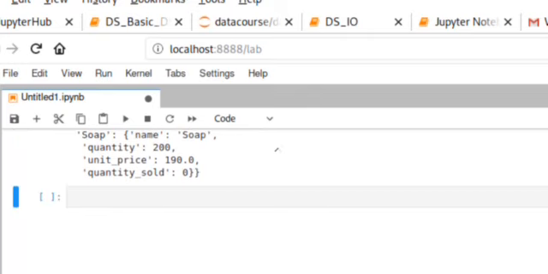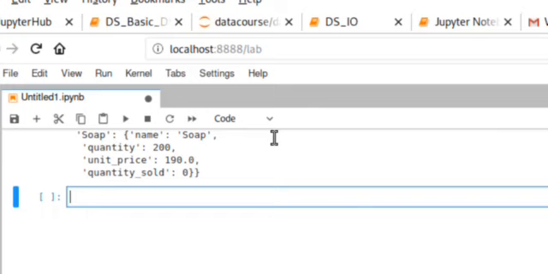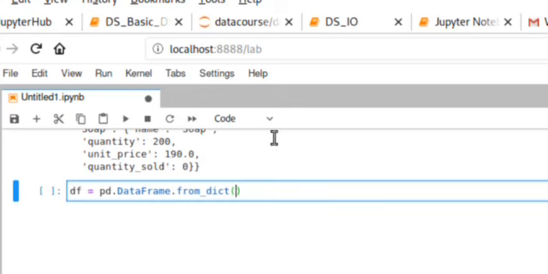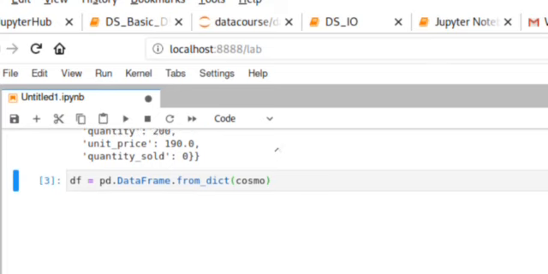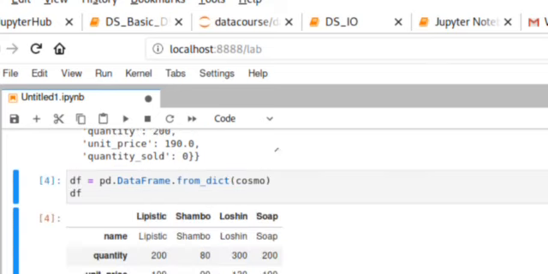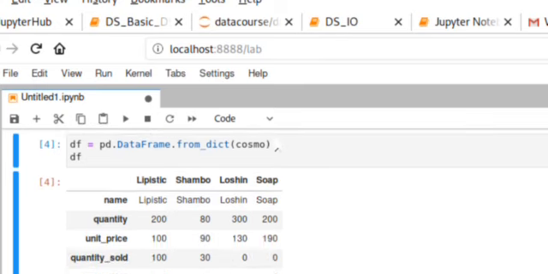Then display this JSON file in tabular format, which means in a data frame. Then we create a data frame, pd.DataFrame.from_dict. The dictionary name is Cosmo. We create a data frame from the dictionary. We can also create a data frame from a CSV file. Then we just call the df. Here, this is the data frame: lipstick, shampoo, lotion. The column name is the key that identifies the